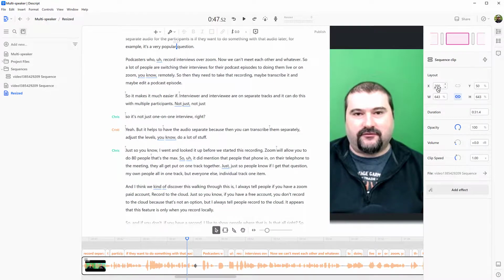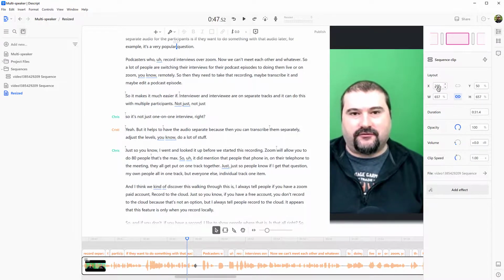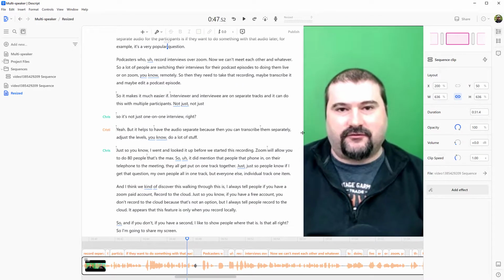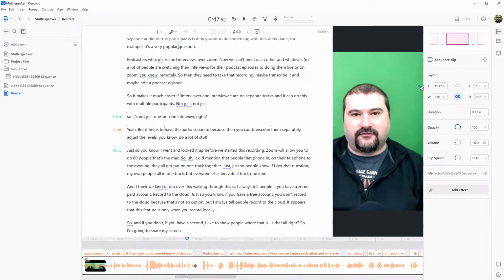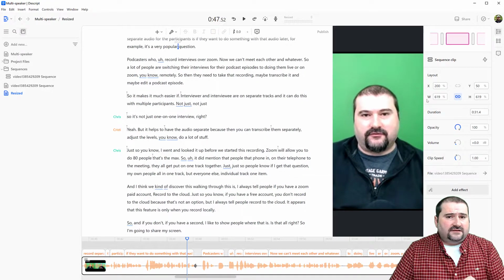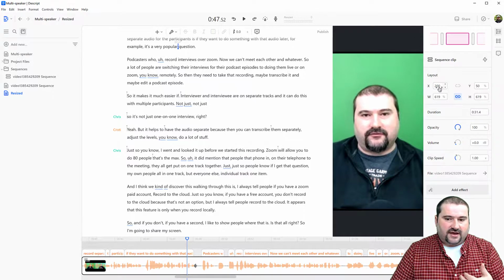So the 200%, that is the maximum you can go for the X, I believe. So the height and the size, you can change that a bit, so that when you're happy with the framing, let's suppose that's fine. I have reframed myself in the frame, and it's a vertical video, as you can see.